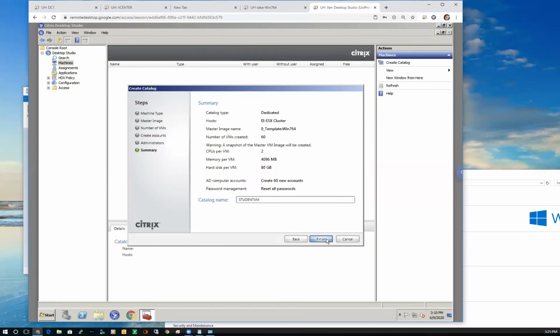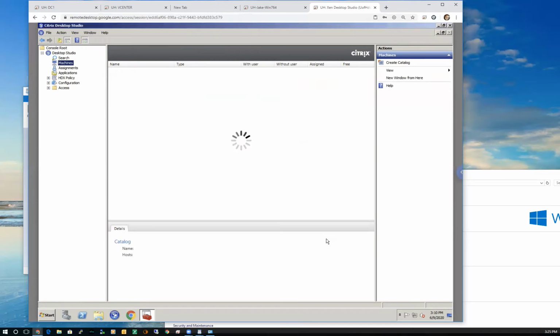Takes a little while because it has to basically carve out all these virtual machines. So first, what it's doing is it takes a complete snapshot of the template that I used, just in case it's on, but it's not on. It takes a few minutes to do that. Then it's going to copy that snapshot to 60 new files. That part's pretty quick. Actually, taking the snapshot's a little slow.